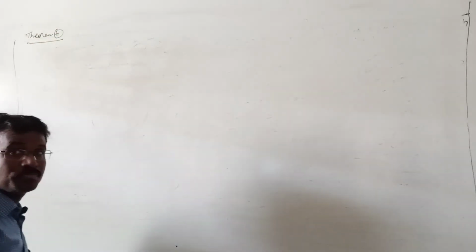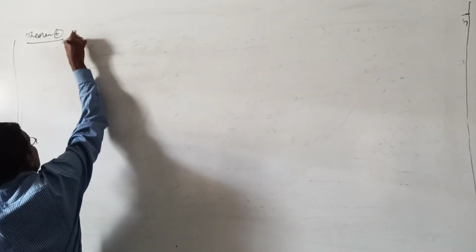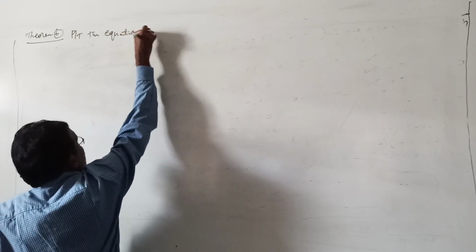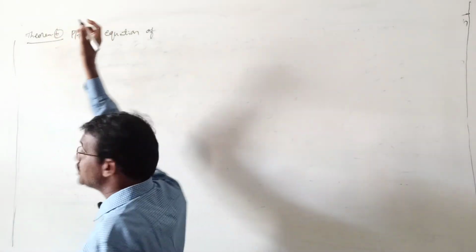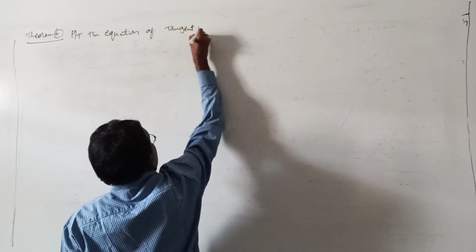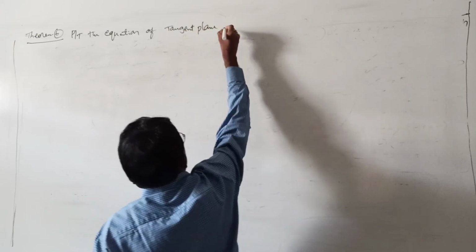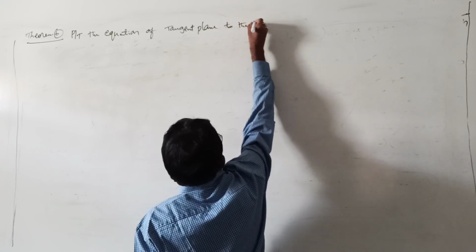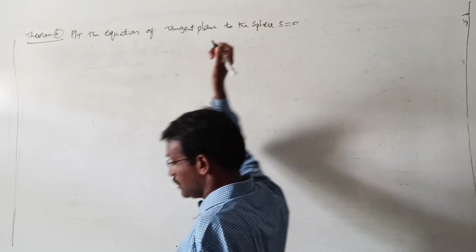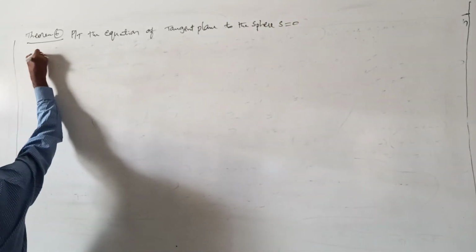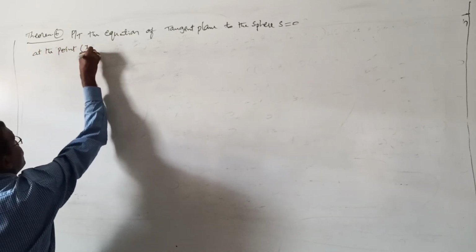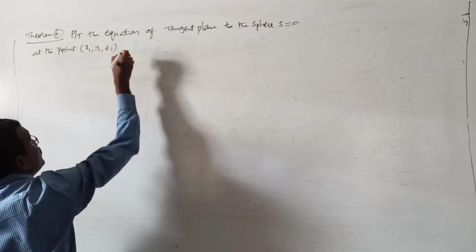Its statement is: prove that the equation of the tangent plane to the sphere S equals 0 at the point (x1, y1, z1) is